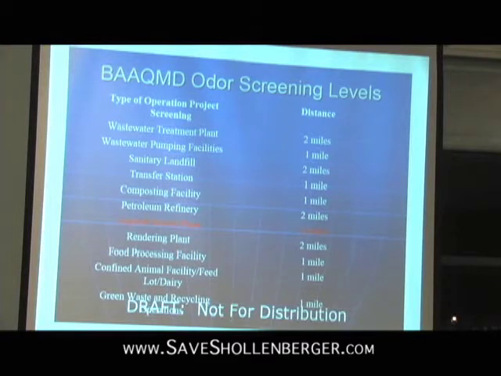For this type of plant, the Bay Area Air Quality Management District suggests that the area of influence is 2 miles, from the stack or from the boundary of the facility. Similar projects with a 2-mile boundary are rendering plants, landfills, wastewater treatment plants, and petroleum refineries, things that produce significant quantities of chemicals which can be detected by humans. So if we flip to the next screen here,